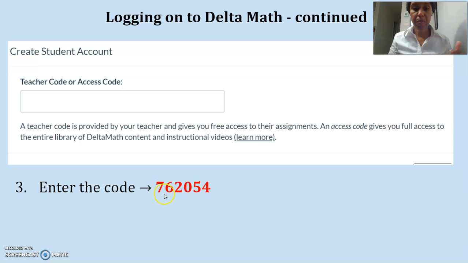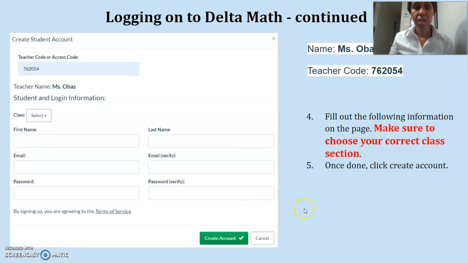But also you'll find this on Canvas in the Delta Math section. So it's 762054. And make sure you are signed on to the correct section. There's 4 geometry sections. Make sure you are in trapezoid, rectangle, kites, or rhombi.